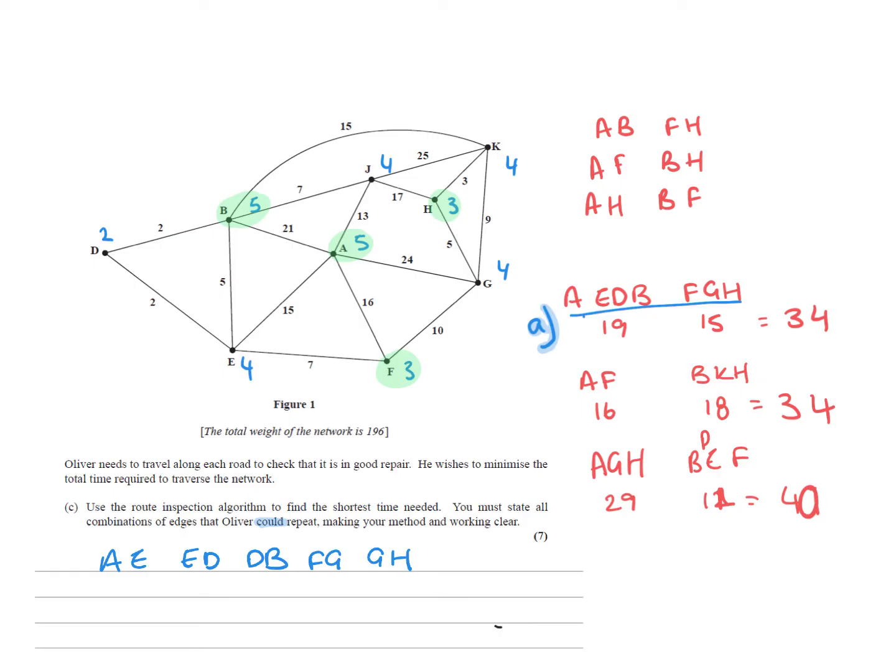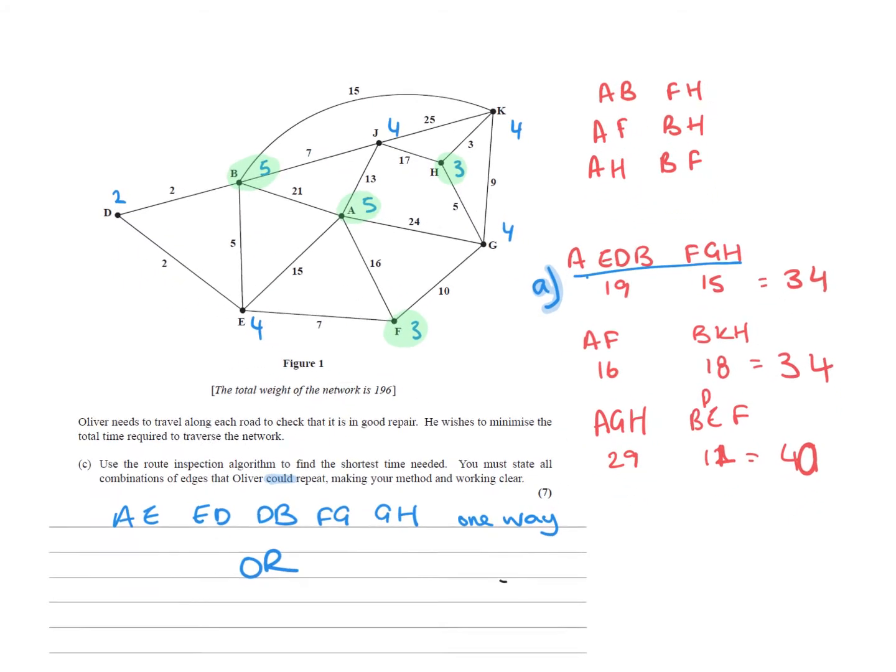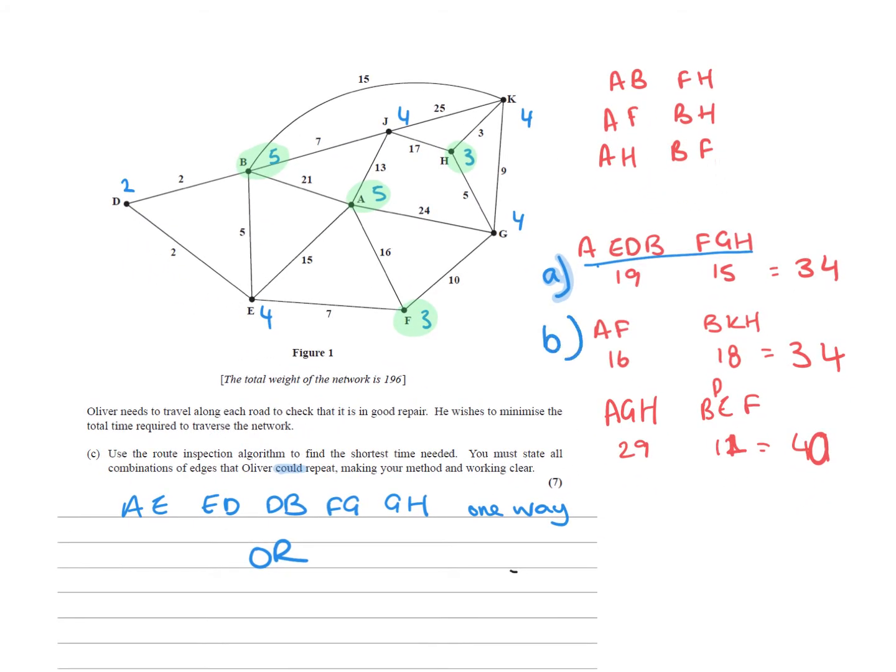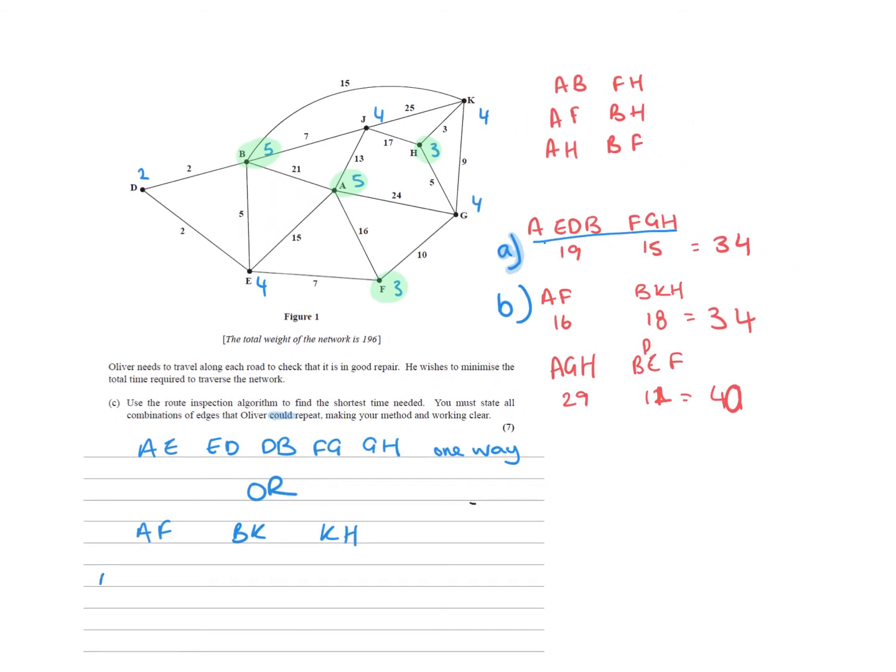We need to be really clear, and we need to obviously say, so this could be one way, so make sure you write that, one way. Or, okay, make it really clear to the examiner. We could also do AF, BK, and KH. Okay, both routes add 34, therefore total time is 196 plus 34, which is